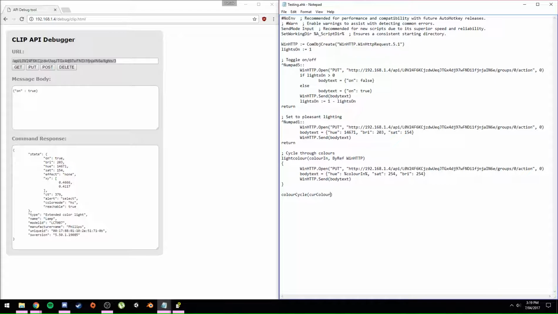How about that? Alright, current color. And we obviously do this again, come back up here, and tab we're back in. Alright, so if current color is equal to 1, for example,